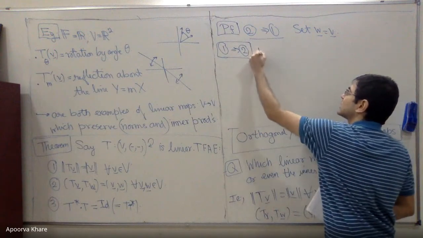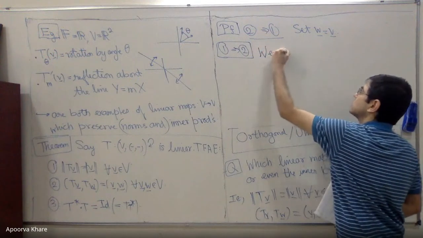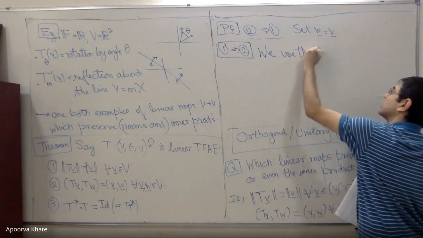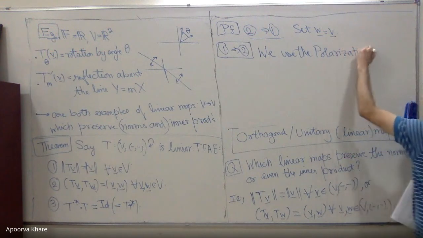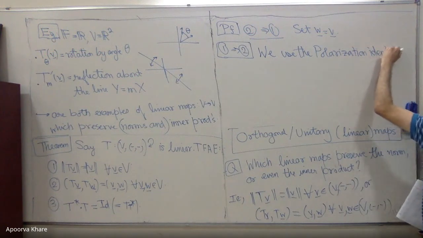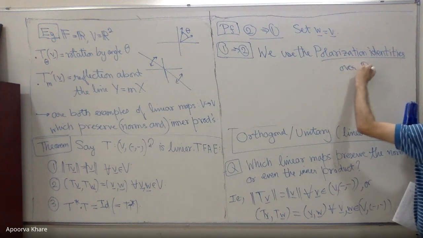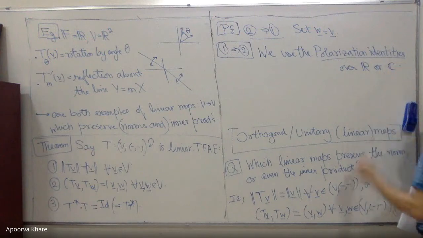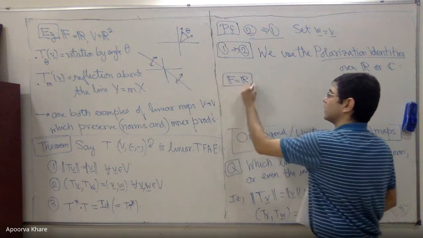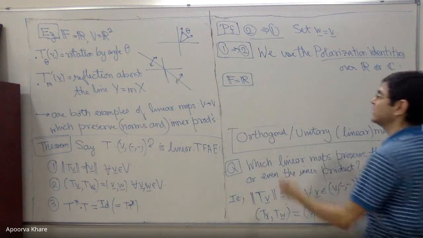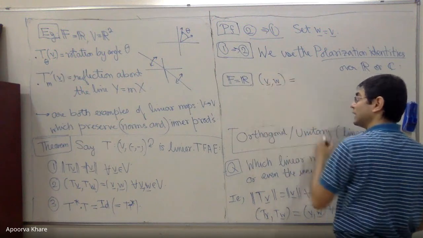We use the polarization identities over R or C. There are two cases. The identity for R is different from over C. So let's do the cases. F equals R, first of all. What we are going to say is the following. The identity states that the inner product of V and W is equal to